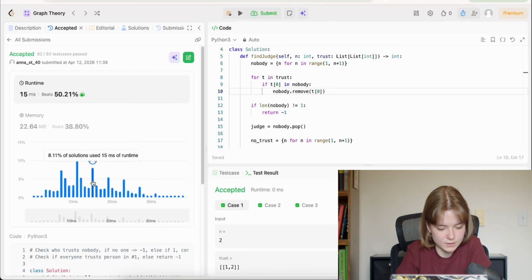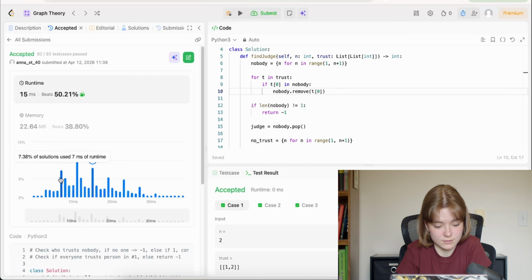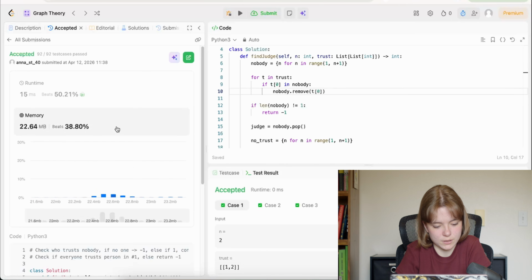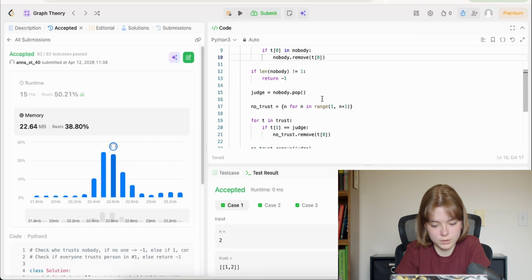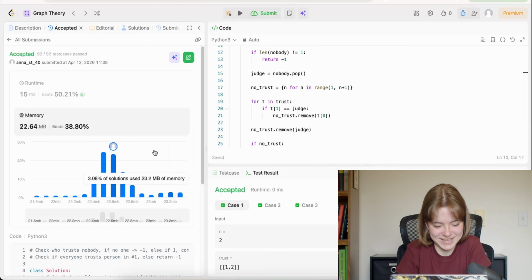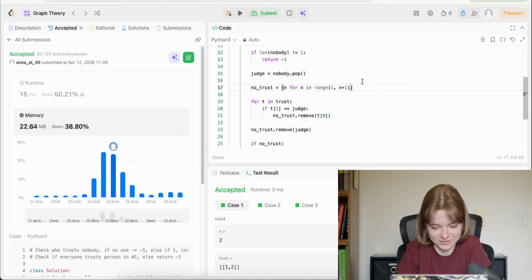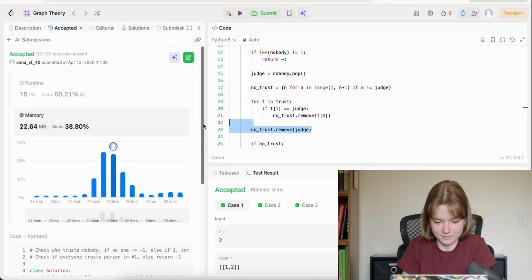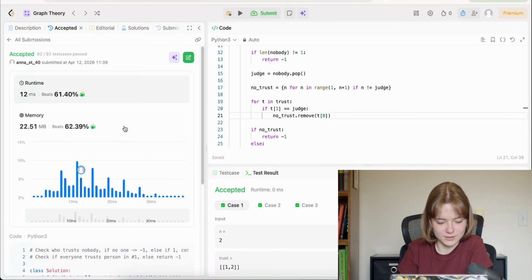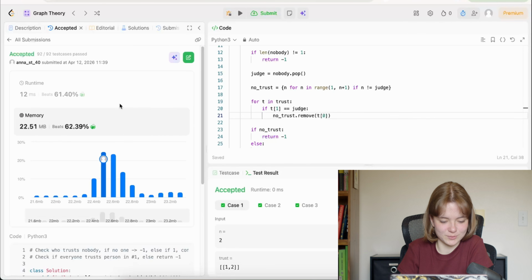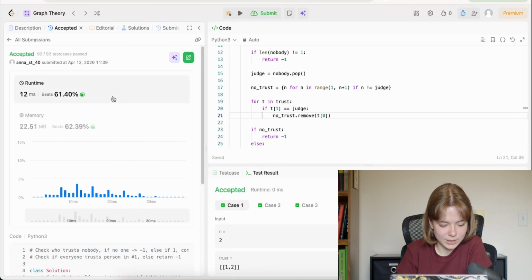Okay, there we go. So we used 15 seconds of runtime and 7 milliseconds is the better one. Okay, pretty much around the average for memory. We could do, I wonder if this will make a difference. I really don't think it will. If we do that instead. Okay, it made a very small difference, but that could be totally incidental too. Okay, not bad, not bad.